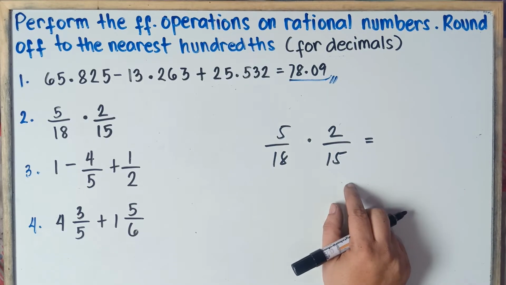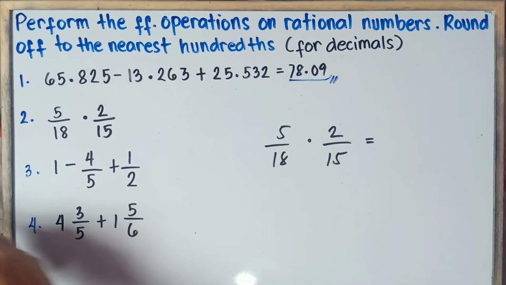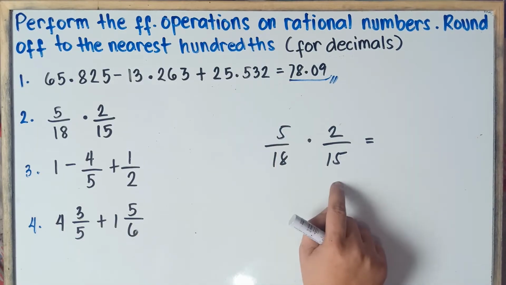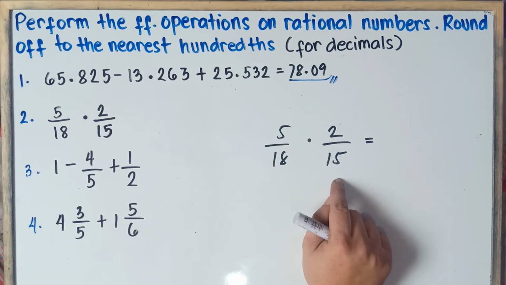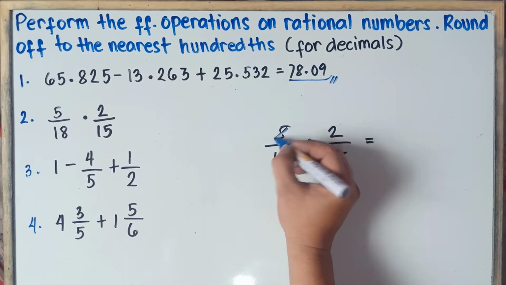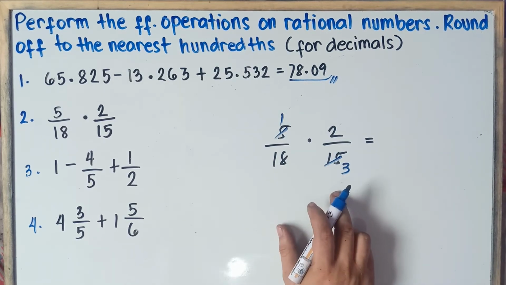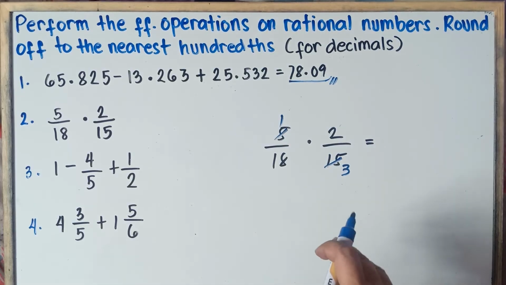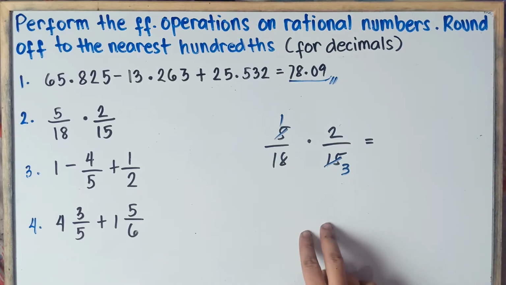So to multiply fractions, class, especially if you are given large numbers for the denominators and numerators, you do the crisscross, class. Once again, you do the crisscross. For 5 and 15, what would be the greatest common factor, class, of 5 and 15? Of course, that would be 5, right? We can divide 5 by 5. We can also divide 15 by 5. So 5 divided by 5 is 1. 15 divided by 5 is 3. Once again, class, see the first video for multiplication of fractions. I will just put the link in the description down below. It's better for you, class, to see the first video before solving this one, class.